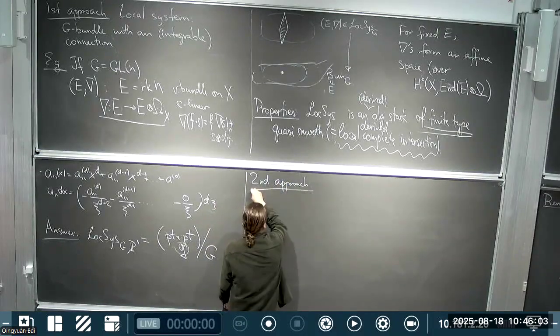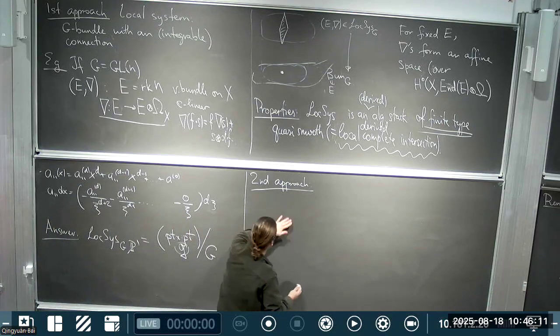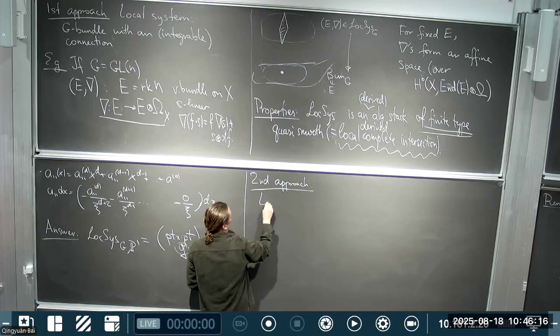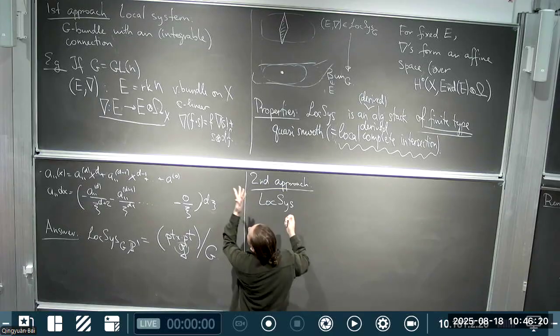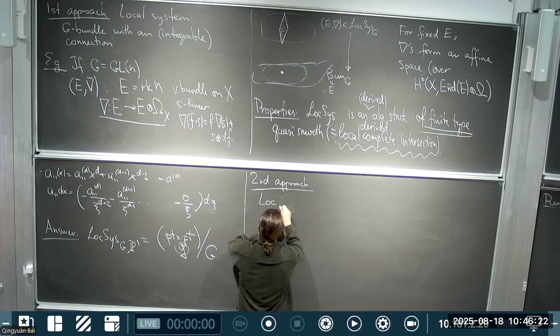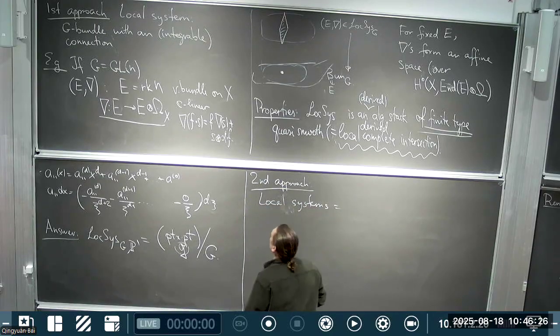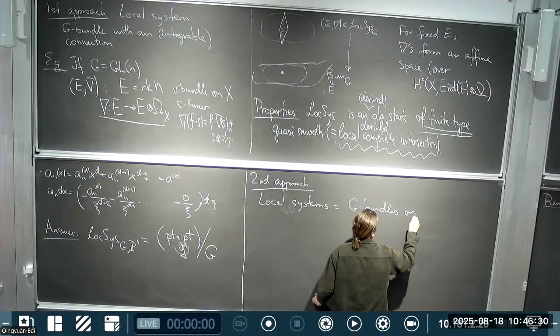And the second approach thinks about connections as living not on X, but on the de Rham stack of X. So LocSys, let me make this a particle. So local systems are G-bundles on de Rham,